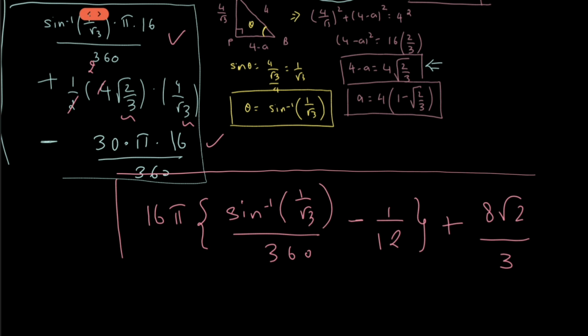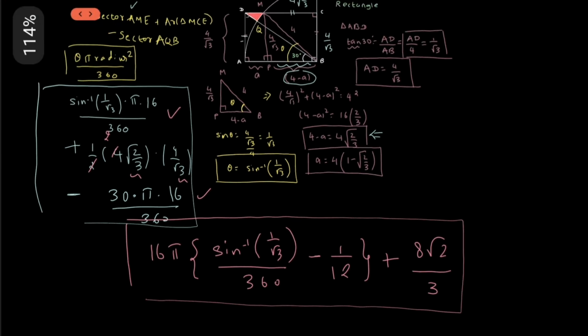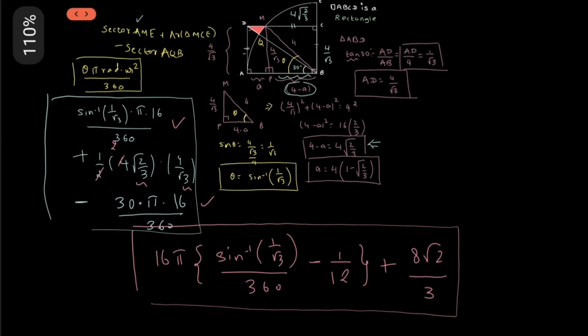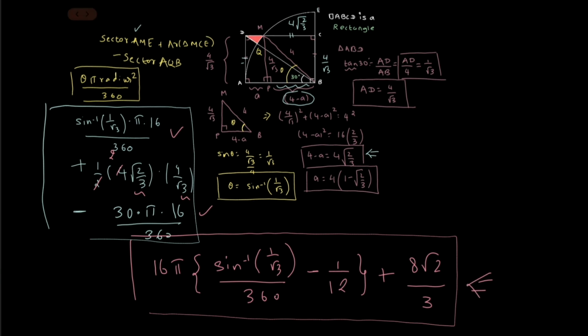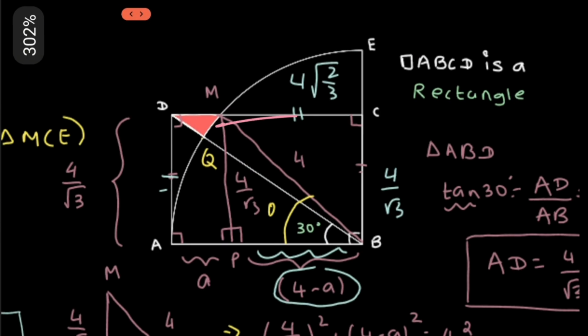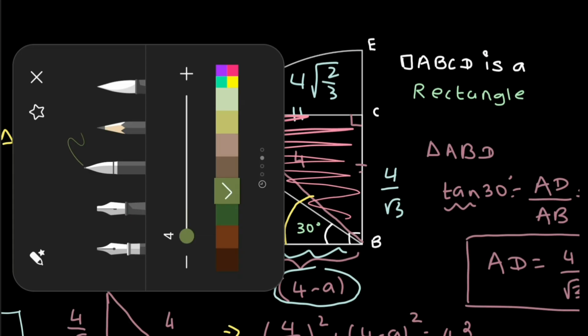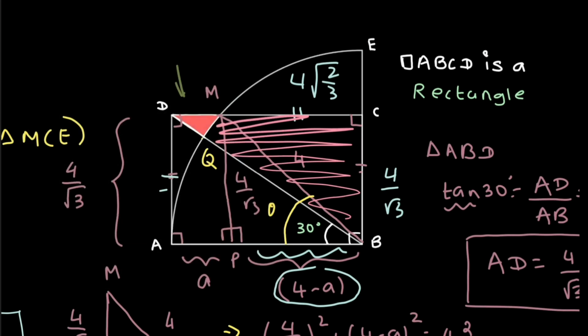So 8 times square root of 2 upon 3 is the area of the triangle. So here we have got the area of that region that we need to subtract from the area of the triangle. Remember that this area we have got now is representing this shaded part. So the question was to find the red area. We have got this area. So we can simply subtract the obtained area from the area of the complete triangle.